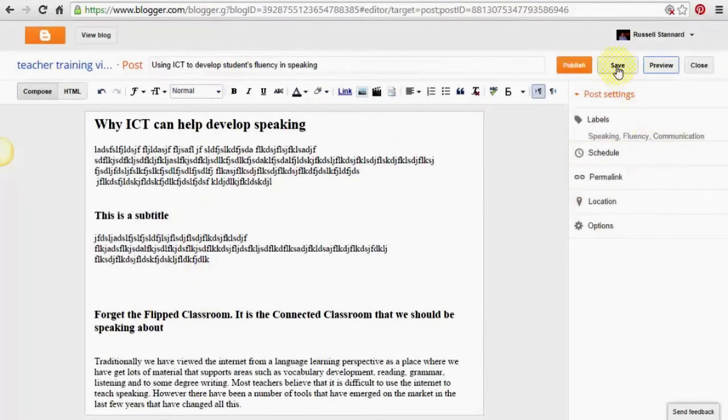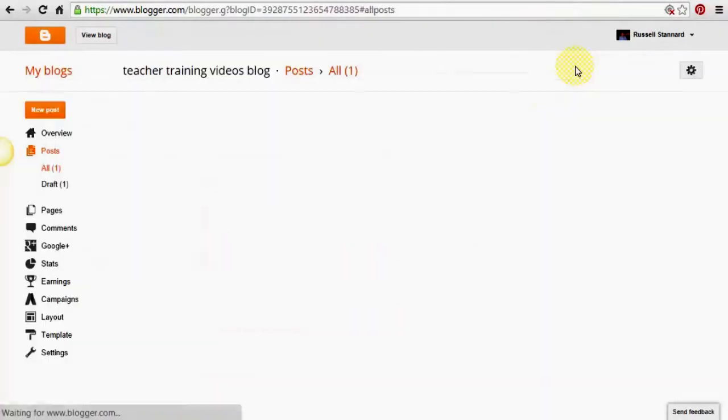So you can either save or you can publish and you can preview. I'm going to publish this, and when we come back and do some more blog posts, we'll look at some of these other buttons. I just wanted to show you the simplest way to do your very first blog post, and really with what I've showed you, you could now click on the publish button, which is what we're going to do, and our